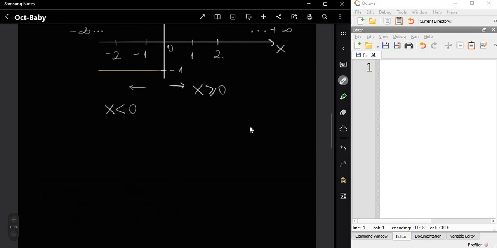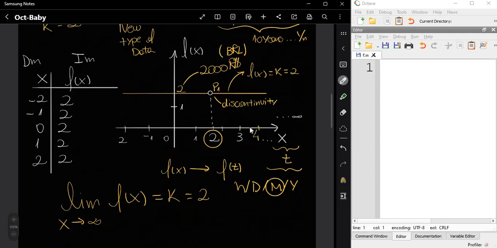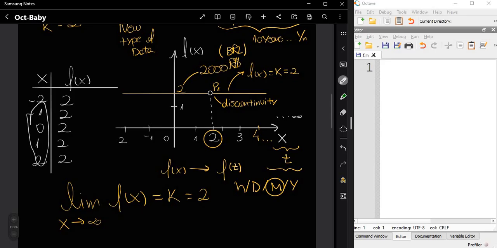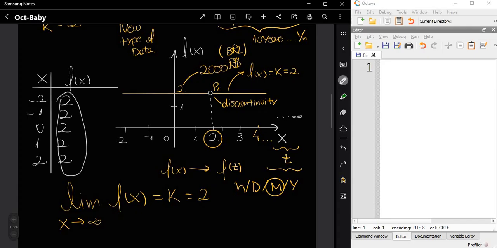So right here, what we are doing, for example, for each value of the domain, we will get the same value on its image. So right here is the domain, and right here is the image.